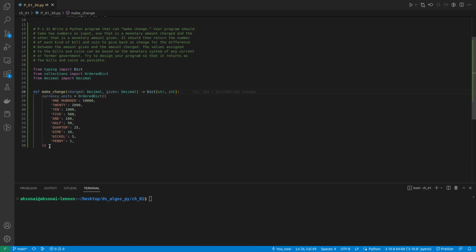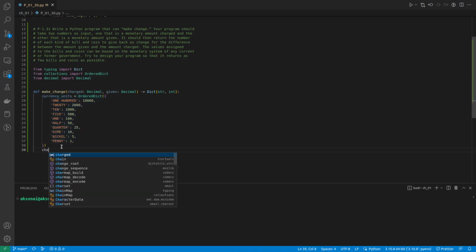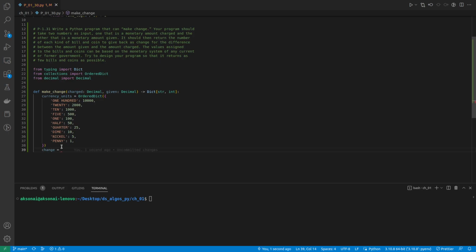I have the ordered dictionary of all the currency units. What I'm going to do is calculate the change, which is just going to be the difference between the given amount minus the charged. And I'm going to have that in cents, so I'm going to multiply by 100. Okay, so this is going to be in cents. Now I need in the end to return a dictionary which I'm going to call change units. I'm going to declare it as an empty dictionary, and now I'm going to iterate through all the currency units,